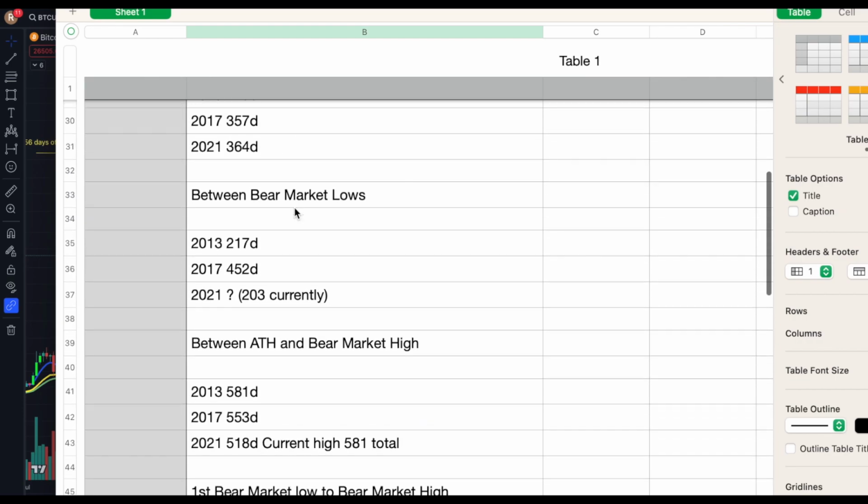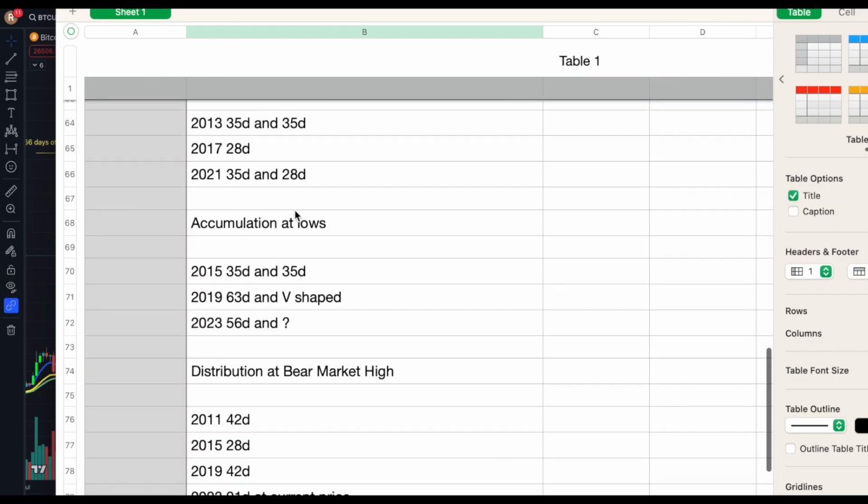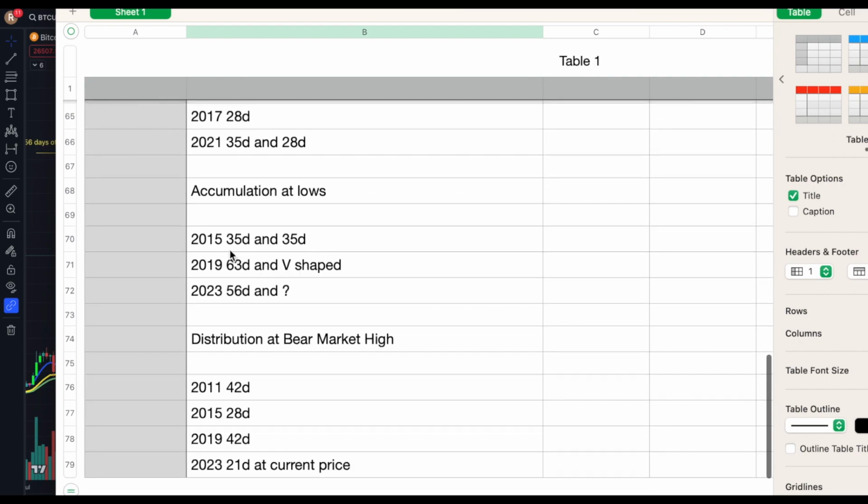One thing that I think is important here when we look at the accumulation data at lows, like I said earlier, it stays here for a while. And here you got the V shape from the COVID recovery, so you didn't get the accumulation leading into that. It was a V-shaped recovery. That's the only time it was a major swing high or low. You didn't have a lot of time to